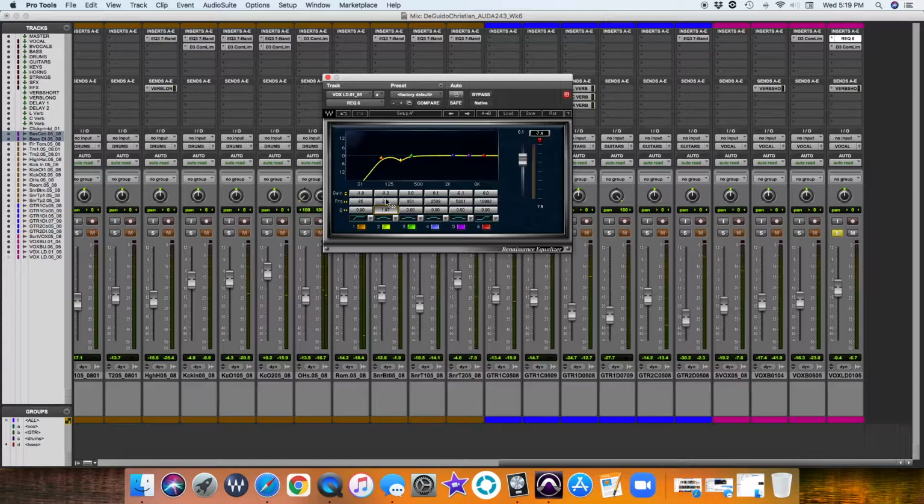Also, another thing to keep in mind is your EQ curves, they don't have to be crazy. I know it's very tempting to go in and make your EQ graph look really nuts and like you're doing so many different things, but slight changes can go a long way. And that's basically how I like to tackle EQ. So let's go ahead and see what